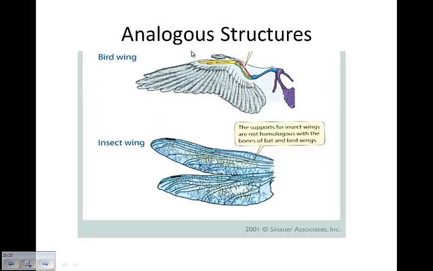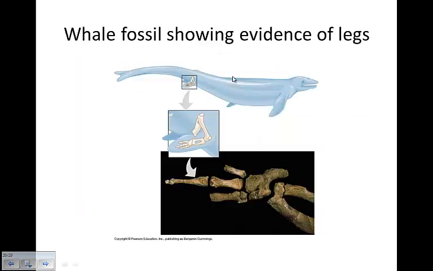Now, analogous structures versus homologous, which were the same structures. This one has the same function, but they're different structures. Like the wing of a bat, which has bones and muscles, and an insect wing, which doesn't have bones and muscles, but both of them have the same function. They both produce flight. Don't confuse it again with homologous. That's the same structure. Homologous structures indicate some sort of common ancestry, where analogous doesn't seem to support that.